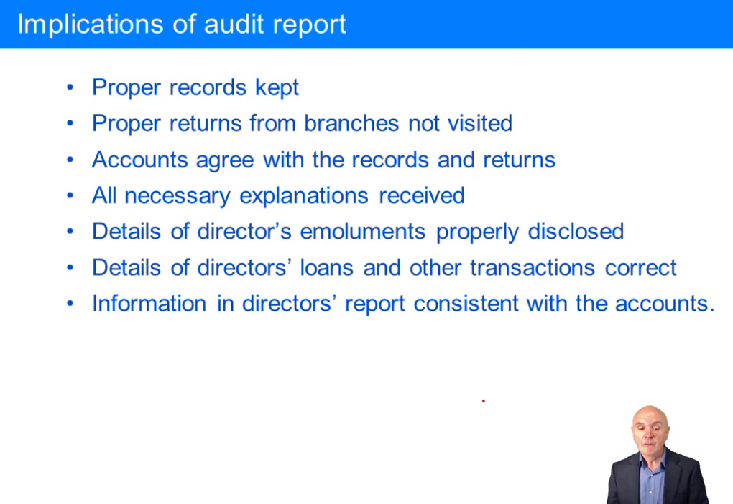Finally, the implications of the audit report. Not mentioned in the audit report, but that proper records have been kept, proper returns from branches not visited have been received. The financial statements actually agree with the records and returns, so they're not based kind of on fiction. That the auditors have received all explanations necessary, that they have received all information they need. Directors' emoluments properly disclosed, directors' loans and other transactions are correct, and information in the directors' report is consistent with the financial statements. It's this place here where quite often you get one of these other matter paragraphs coming in,